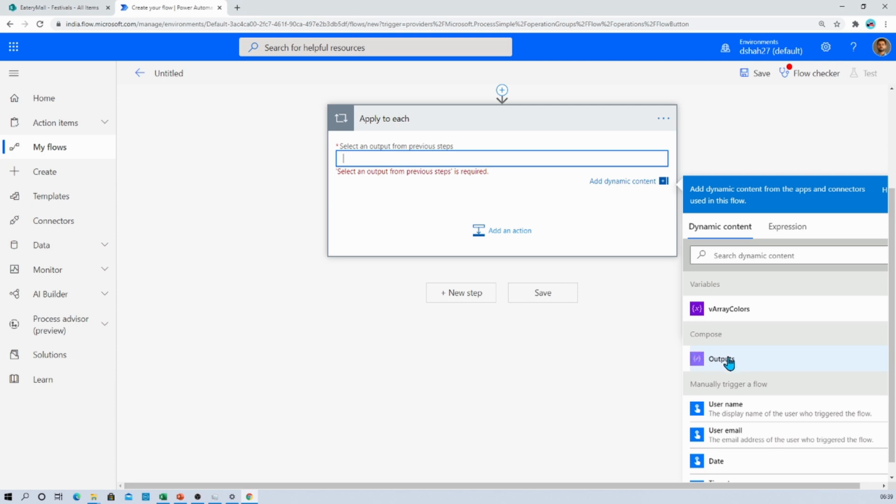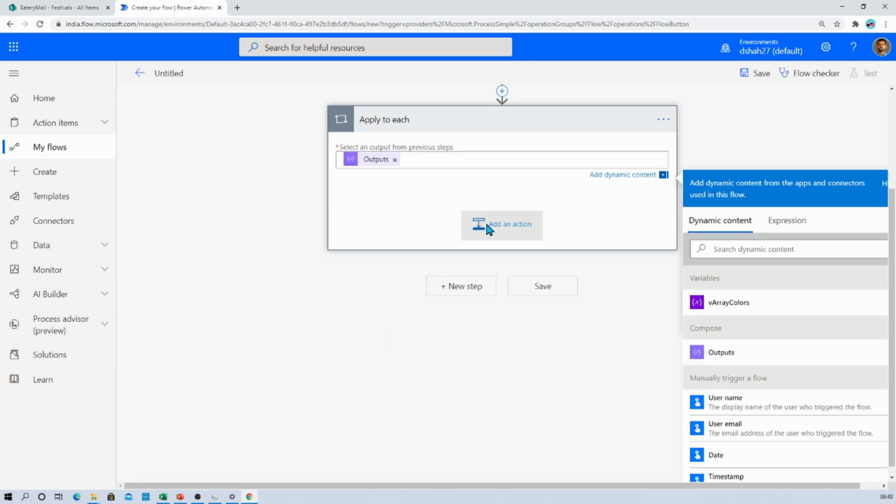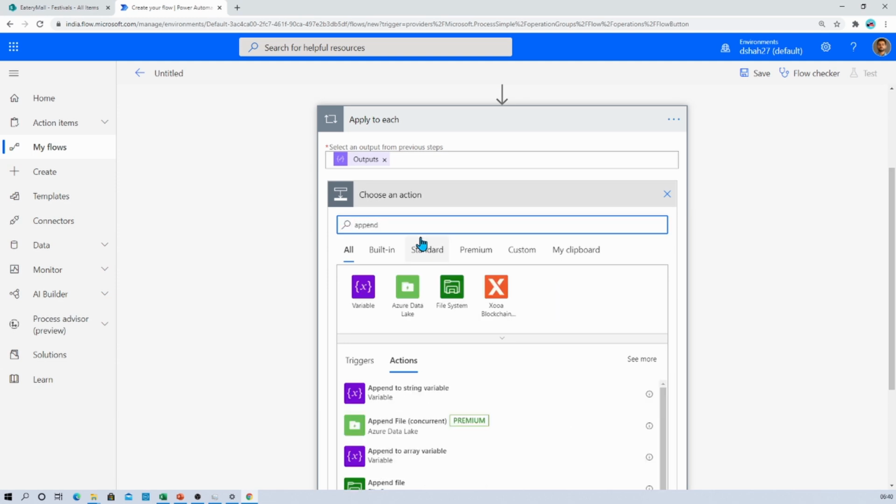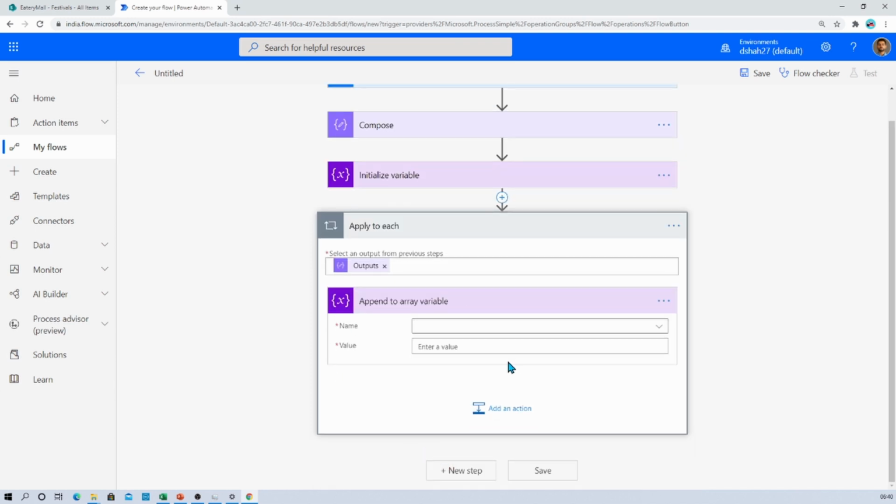Let's select that. And now under that we need to add an action, append to array variable. Let's select that. Now the variable name that we have defined is array colors, right? So let's select that from here.